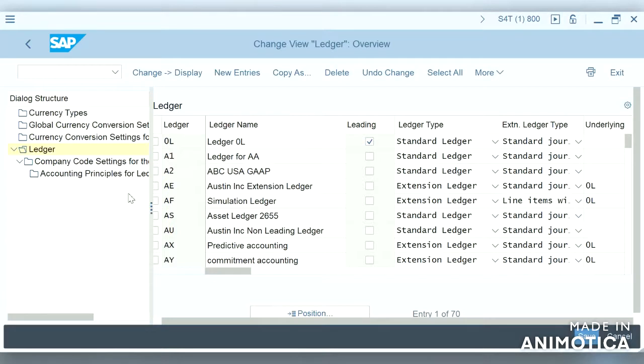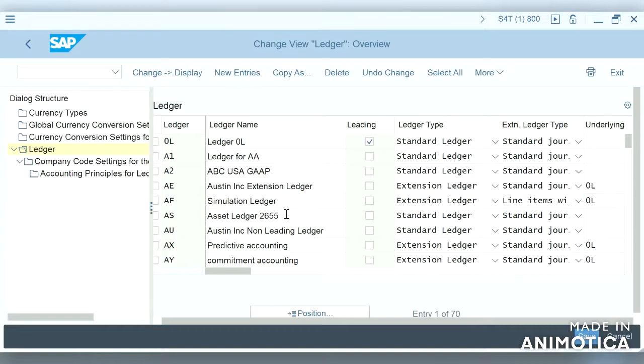So these ledgers come under the new GL concept. People who worked on ECC systems might know that from ECC 6 the new GL concept evolved. So what are the advantages of new GL?